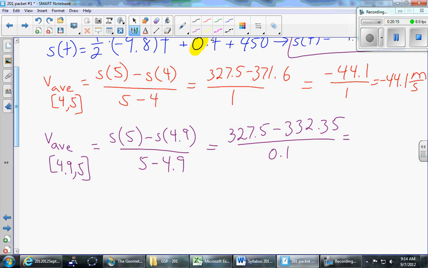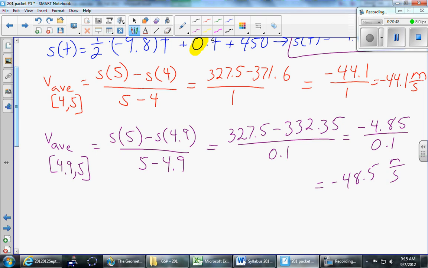Okay, and then when we subtract upstairs, what do we get? 4.85. Am I right? Yeah. And what do we get when we divide? So we had a 1/10 of a second that passed, and in that 1/10 of a second, the ball fell 4.85 meters. So if I were to get this to be a nicer number, what would I get? It's just one nice number. 48.5